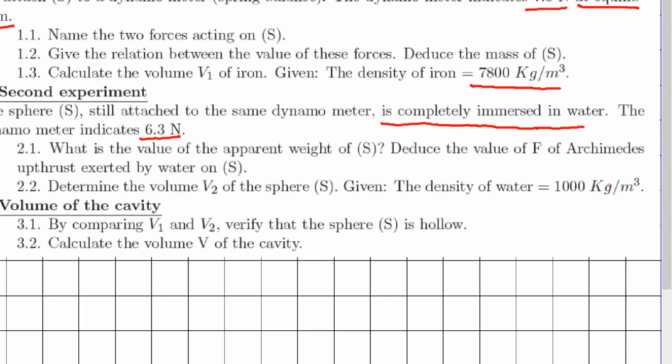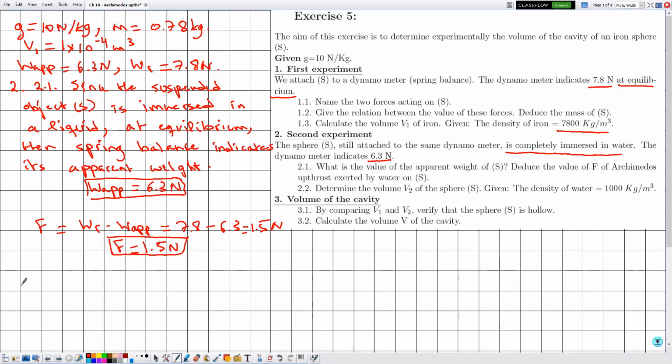Now in 2.2, determine the volume V2 of the sphere S, given the density of water is equal to 1000 kg per meter cube. So let's determine this volume. Now we know that the volume and the value of F are related via the following formula: F upthrust is equal to the density of the liquid times Vi times g, knowing that we are interested in determining the value of Vi. Now constructing the triangle of this formula,